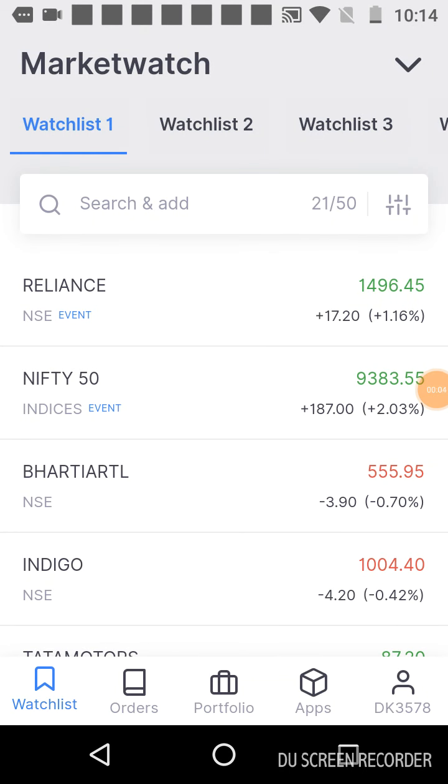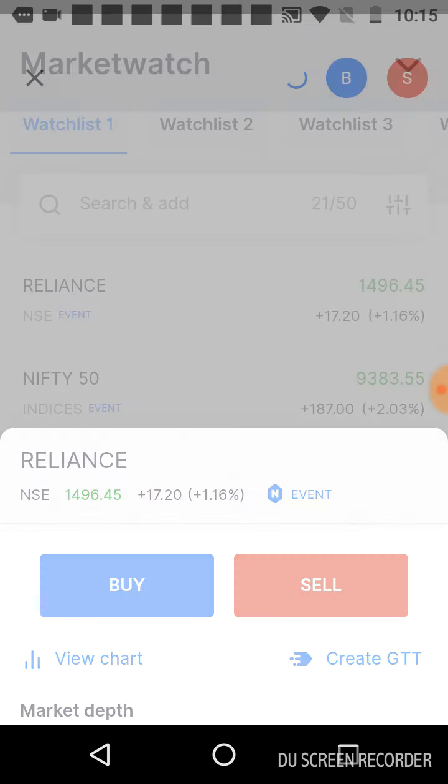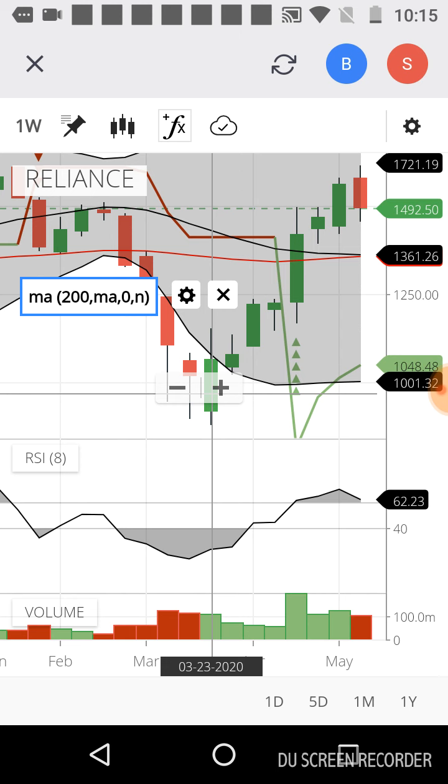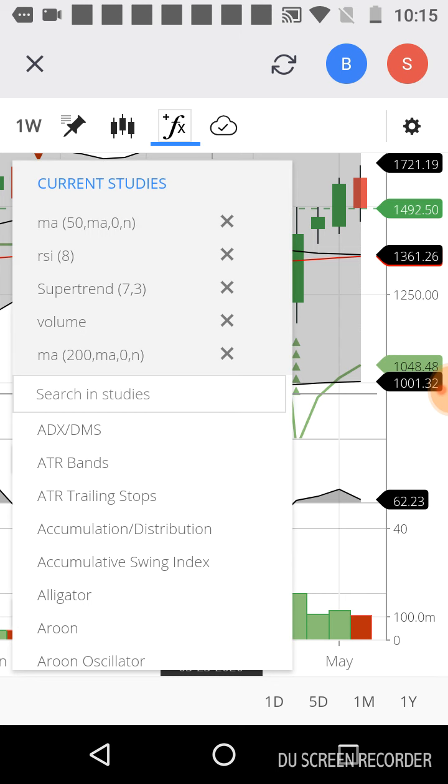In today's video, I am going to tell what the momentum indicators are that you need to observe for doing intraday trading. The detailed explanation will be in the next videos, but in this video, I am just going to show a brief introduction of each parameter. So if you go here and view the chart and go to this FX, and then here some of